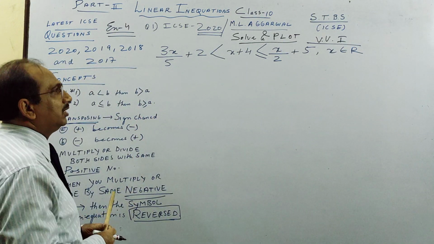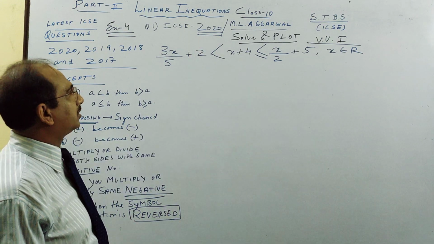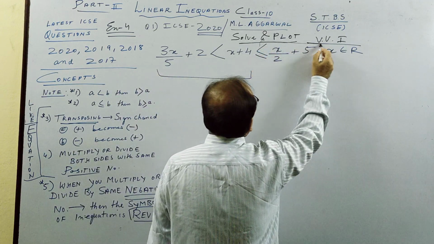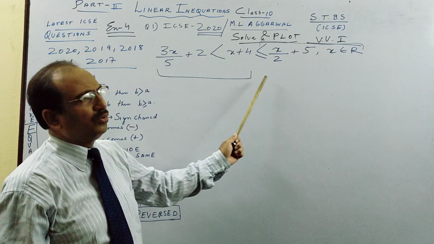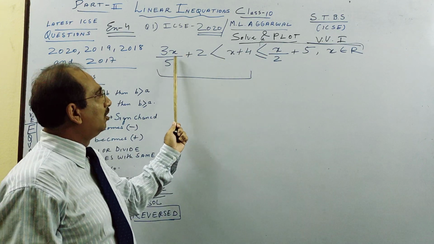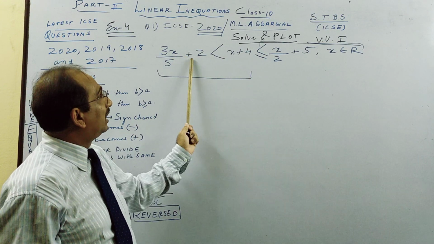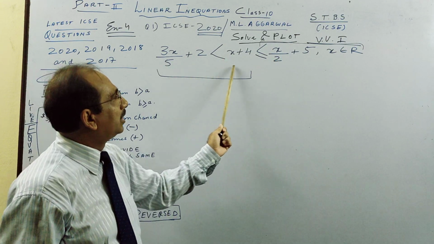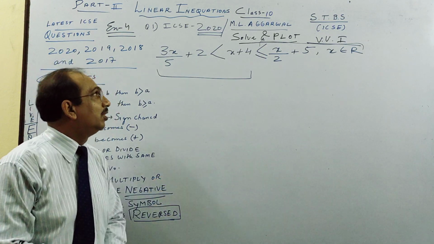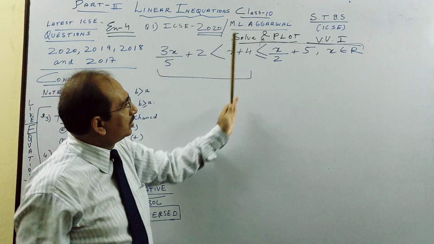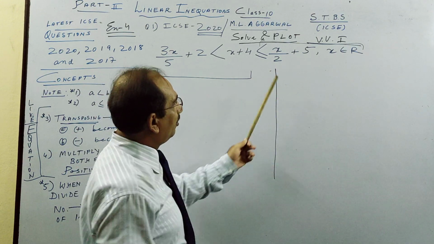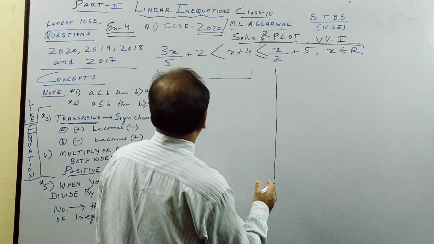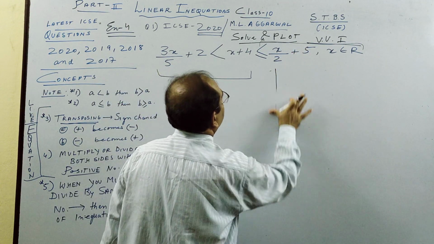I start with the first, the year 2020 question, very latest. Here we solve one part and this part. We can solve the full thing together, but you will see later that sometimes it is better to do it separately when plus or minus is here. When there is no plus or minus here, I'll show you, we can do the 3 parts together. First we take 1 and 2 and solve them, and we will solve 2 and 3 separately. Then we will get the final answer. See here how we solve.